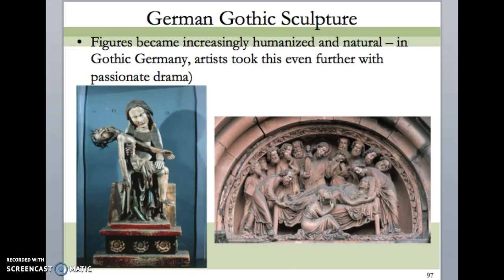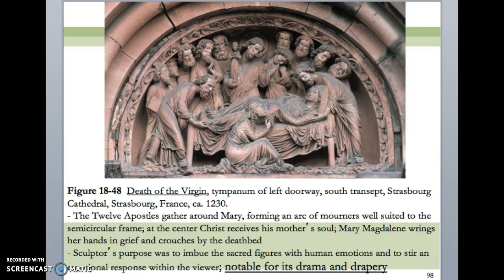We focused specifically on the Rottgen Pieta, which is on the left, which is a great example of this new type of sculpture, this new depiction of Christ as very dramatic, with lots of pain and suffering. But we did not talk about this tympanum from Strasbourg Cathedral, which is actually in France, but again shows this drama,